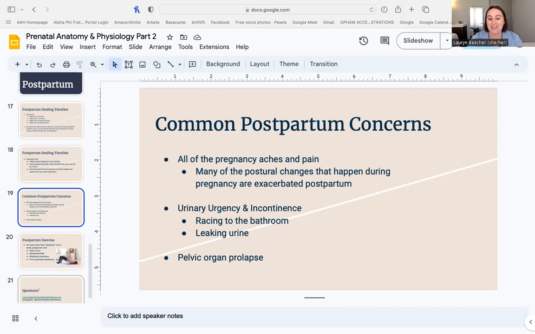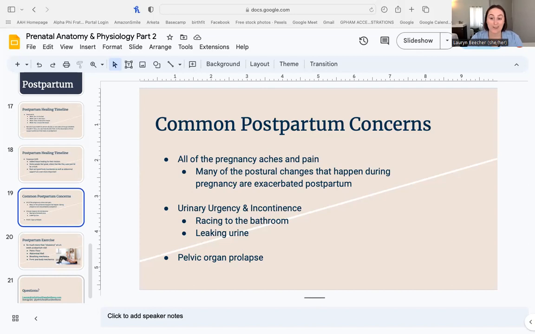Many of the postural changes that happen during pregnancy are exacerbated postpartum. So thinking about opening the front of the chest, standing tall, finding good posture, using good support so that you are able to feel good and well throughout your body. There are so many large hormonal shifts in this postpartum period, especially those first couple of weeks. So keeping your body moving gently, taking the rest that you need, getting the nutrition that your body needs, staying hydrated, it all goes such a long ways.